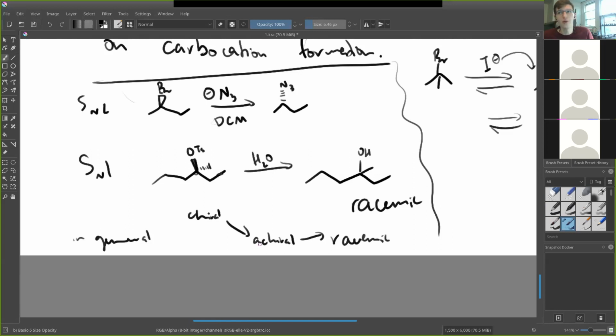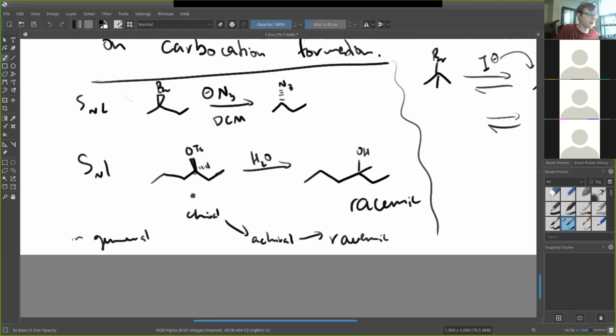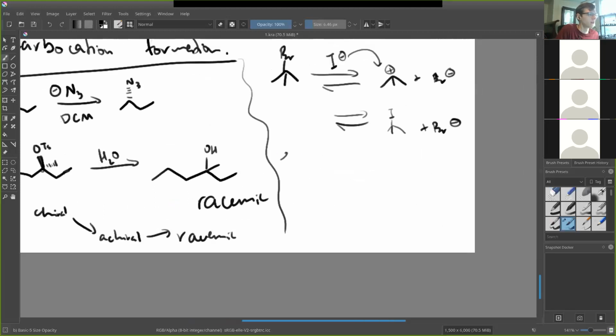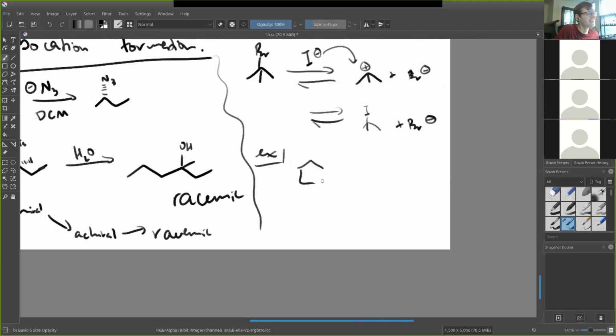So if you have a secondary benzylic substituent, here's an example that I got wrong on a test once, just for fun. So here we go. We have something like this, and then we have, I don't remember what it actually was, but like a bromine, and you put this in water,